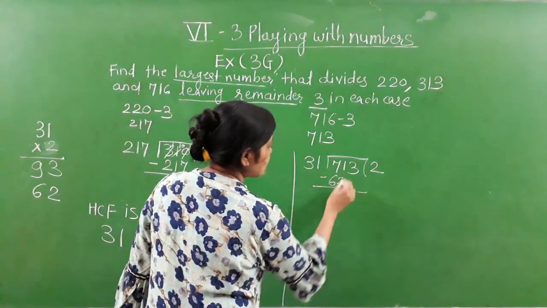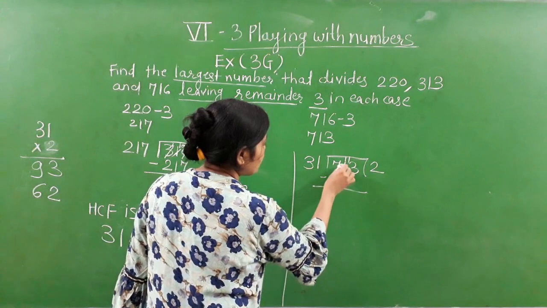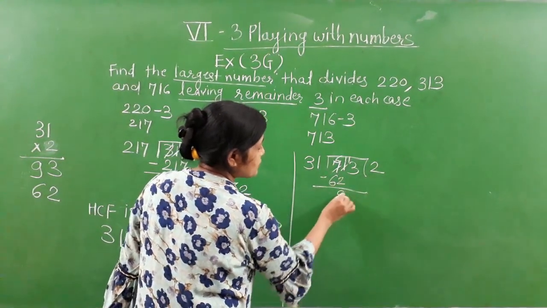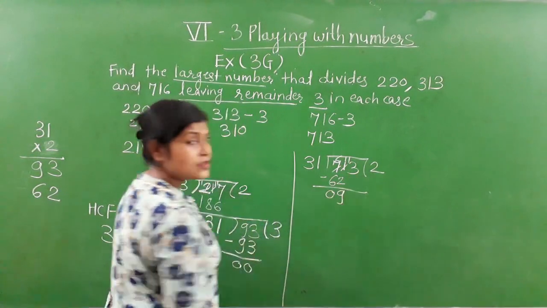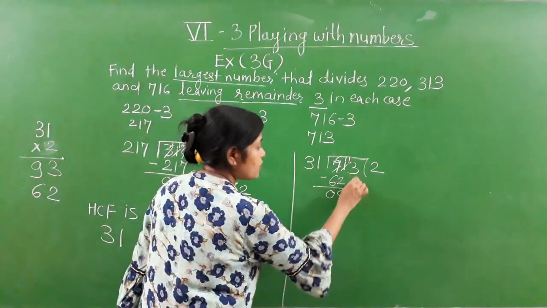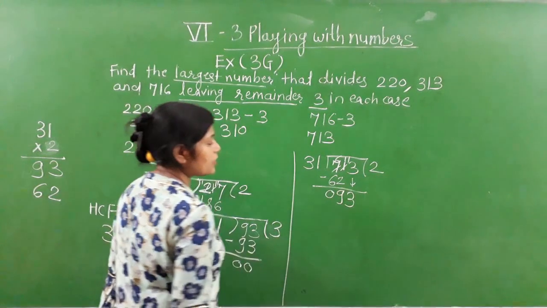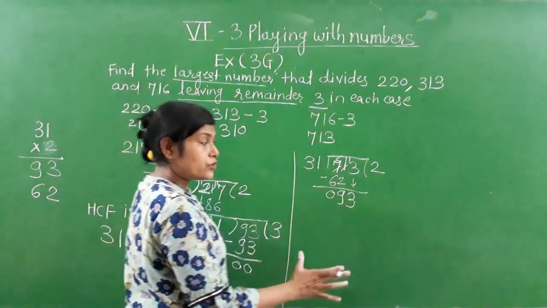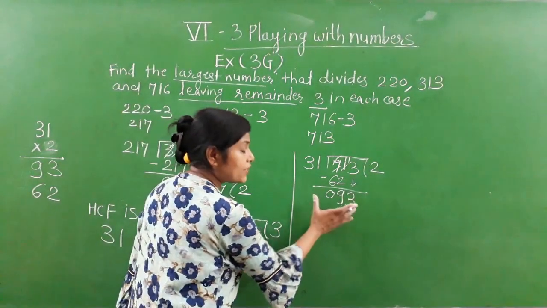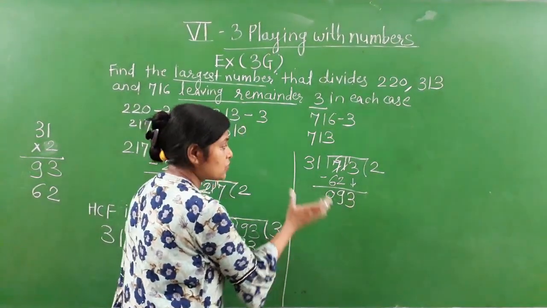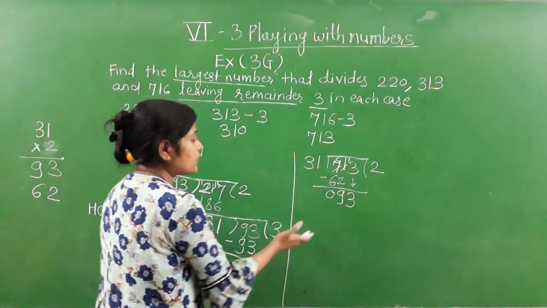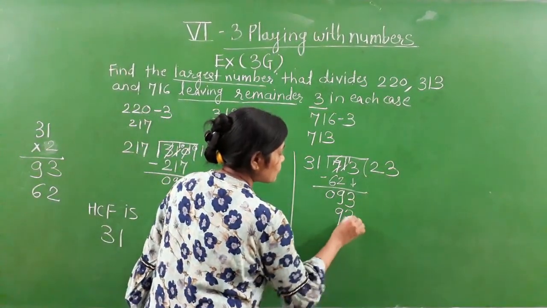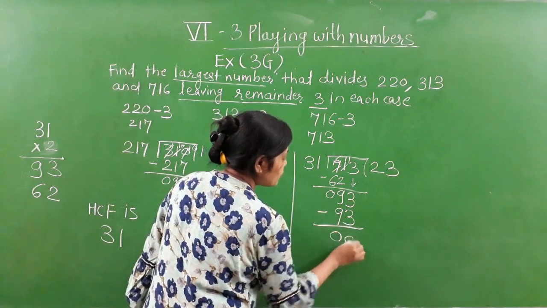Now subtract it. It will be 11 and it will be 6. So 11 minus 2 is 9. 6 minus 6 is 0. Now this 3 will come, bring down. In this way we will get 93. Now this will not go to continued division. We need to complete this long division first. So now you know that 31 3s are is 93. So we will here write 3s are 93. In this way we will get 0 0.